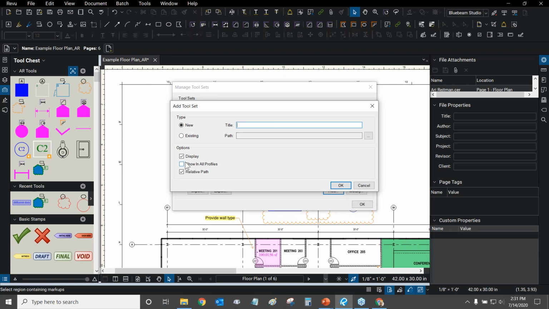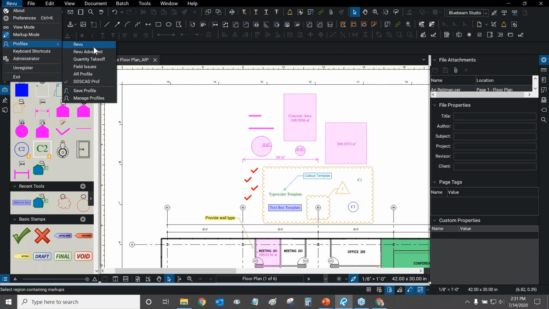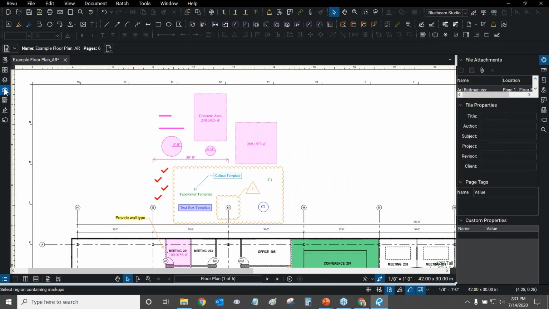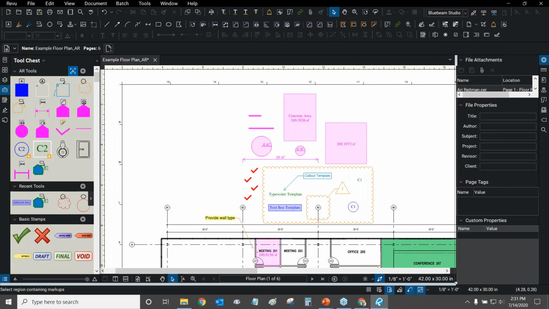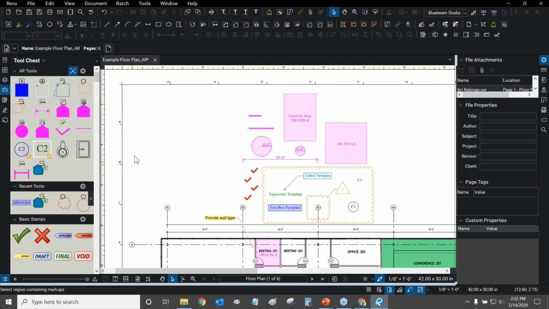You can give it a name. I recommend that you also show it in all profiles. So what does that mean? When we switch between our profiles, our tools are not necessarily there by default. So actually, I'm using the GDS CAD profile. That's quite interesting. Let me switch to my profile. There we go. And let's see if my tools are still there. Yes, that's because this tool set is shown in all profiles automatically. So I don't have to worry about which profile I'm using, even though I switched between the GDS CAD one to my personal profile. Okay, great.